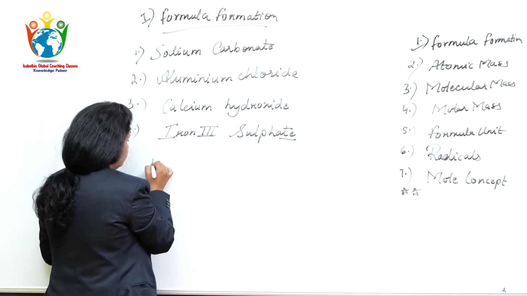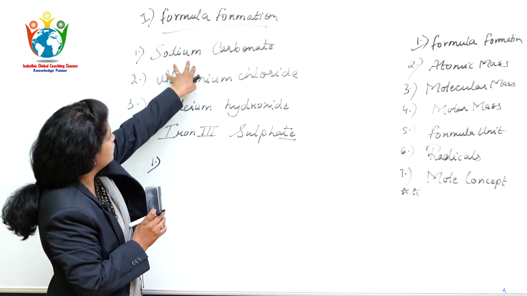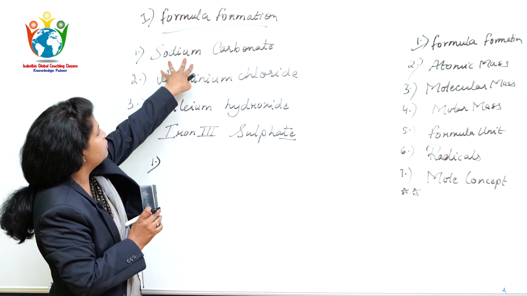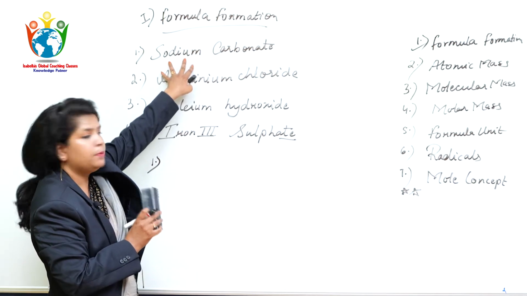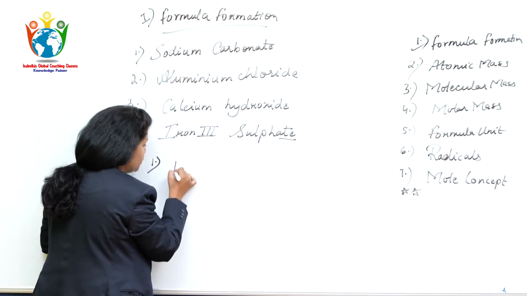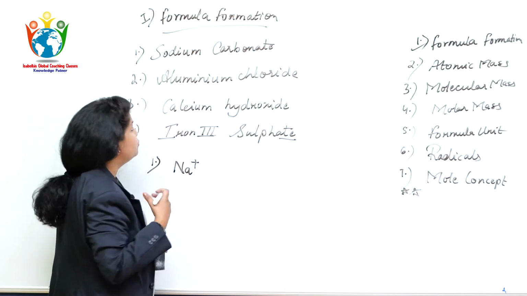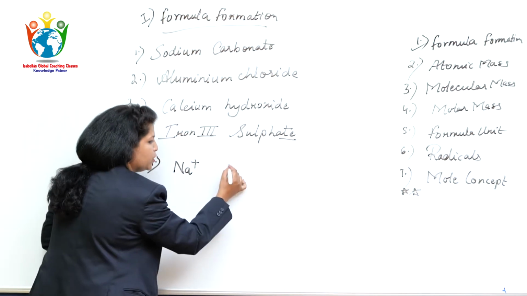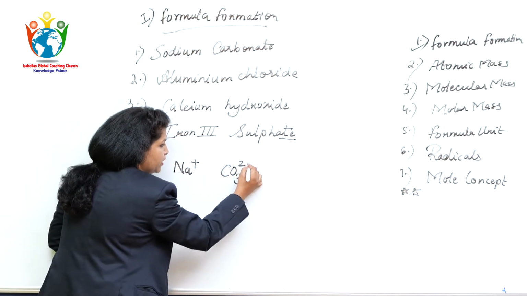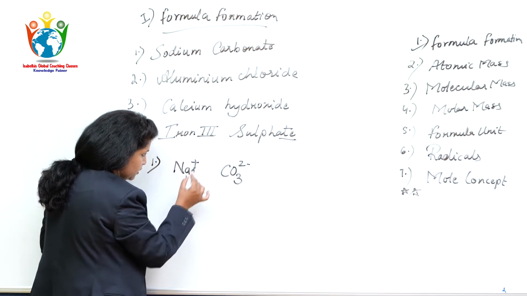Now first I will do sodium carbonate. Just be specific: what is written? Sodium. You can refer to my table: sodium is Na plus. Directly we can copy this. Carbonate, what is carbonate? CO3 2 minus. We can write down CO3 2 minus. You can see C capital, O capital. Now you will bring this down.